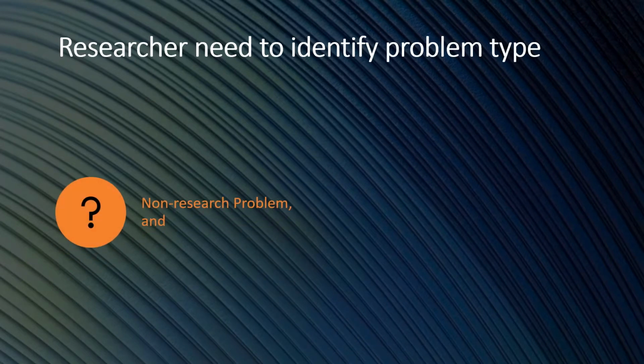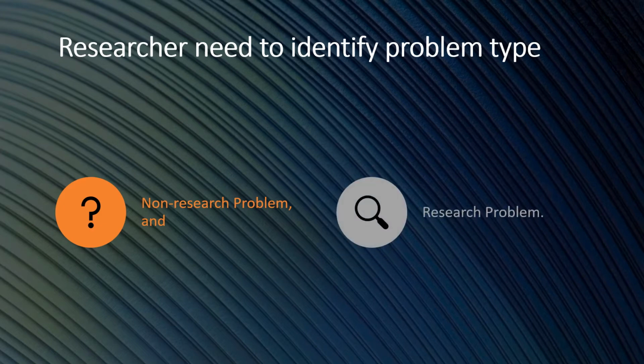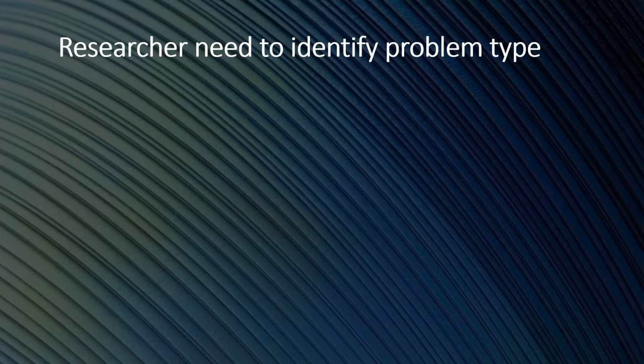Researchable problems are those that have a possibility of verification and investigation, which can be effected through the analysis and collection of data, while non-research problems do not need to go through these processes. A non-research problem is one that does not require any research to arrive at a solution.